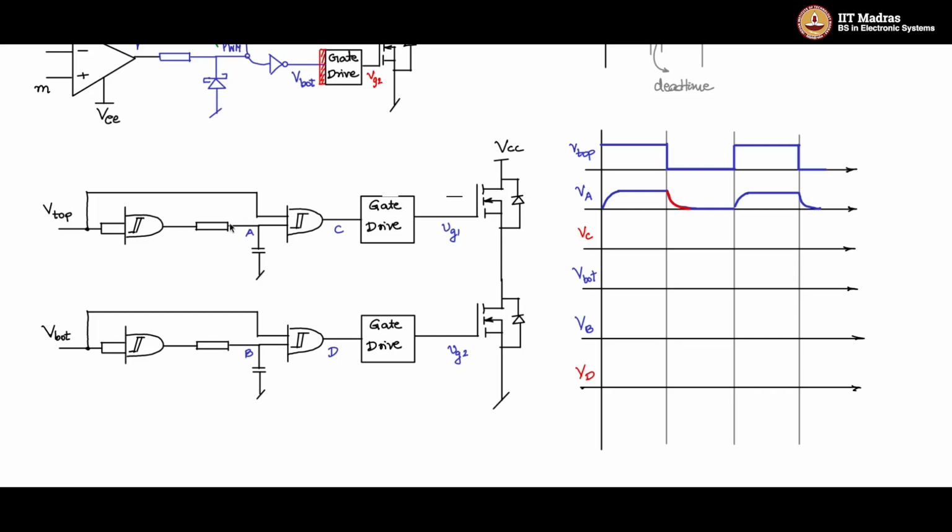You can speed up the discharge if I put a diode here. So I can pass it through the diode and into this AND gate, provided the sink current capability of the AND gate is available. So I can put a diode like this so that the capacitor has a quick path for discharge. Same here also. The capacitance should have a quick path for discharge. So this will take care of